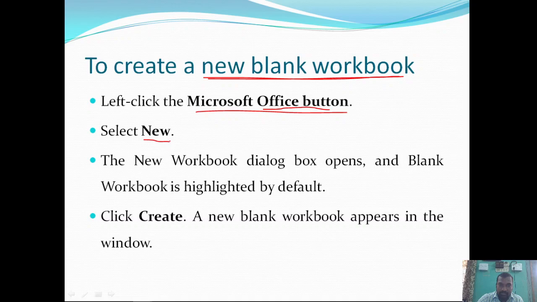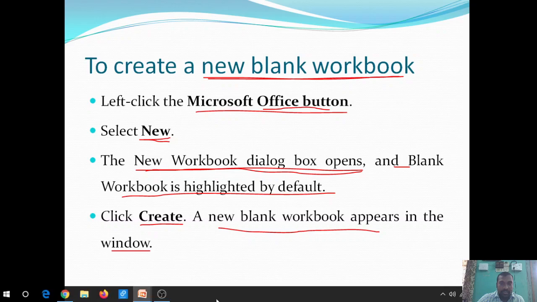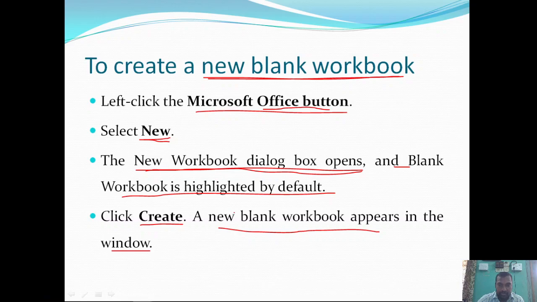Then the new workbook dialog box will open, and a blank workbook is highlighted by default. Then click on the Create command that is available. Then a new blank workbook appears in the window.